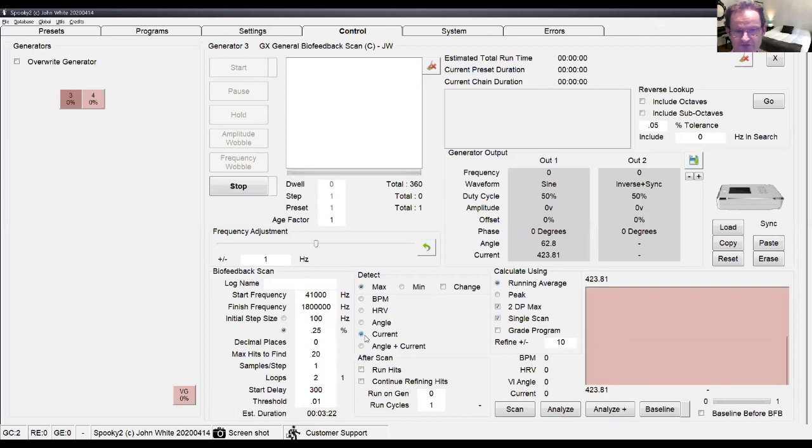Now, if you're going to be very, very good, you're going to type something into the log name, such as whatever it is you're scanning for, and today's date, 0509/2020, so I can find it again. Okay? If you don't type anything in here, it'll be harder to find it when you're looking it up. And then I would just click on the scan button and let it run when it's set to current. Then afterwards,